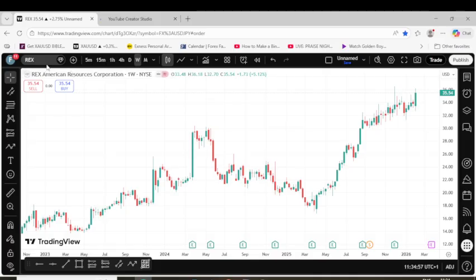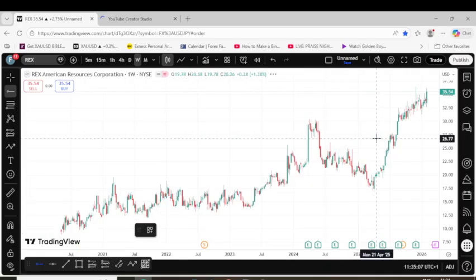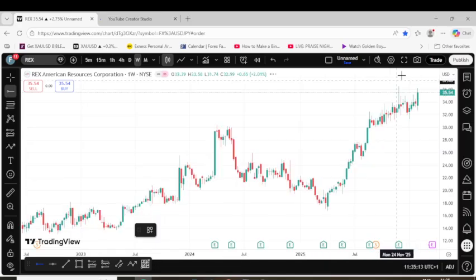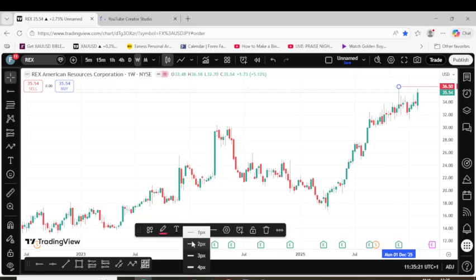Good morning, everyone. Today we're going to be doing analysis on the American Resources Corporation, starting from the 1 week time frame. Let's zoom out. So I believe that this is our all-time high. This is the highest point that price has gotten to. So it is our all-time high. And the next thing I want to do is to identify any potential trend lines as well as our